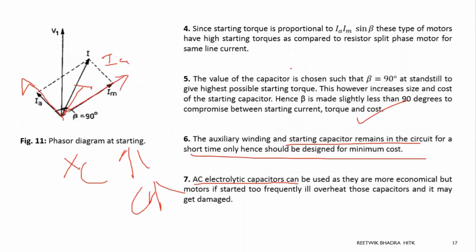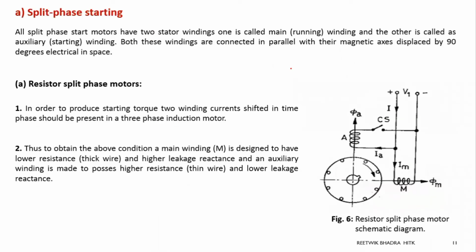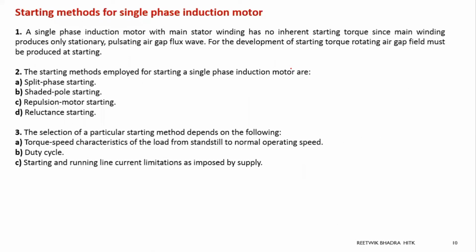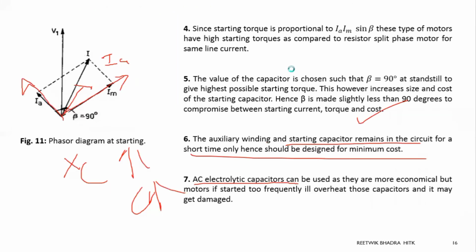So these are the two types we have discussed now. We have 4 different types of split phase induction motor. Then we can go for shaded pole, repulsion motor, reluctance starting. Okay, I am thinking we will complete single phase induction motor before the puja vacations only, because I'll have 2 classes next Wednesday or next Monday. After that, I don't think I'll have any classes. So within 2 classes, I think I can complete it. Let's see what will happen. Just go through these applications and why we are using the auxiliary winding and all. You just go through this slide and get to know it.